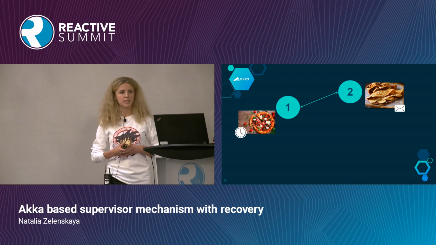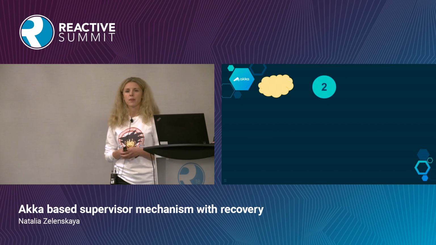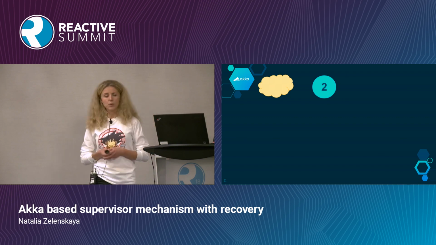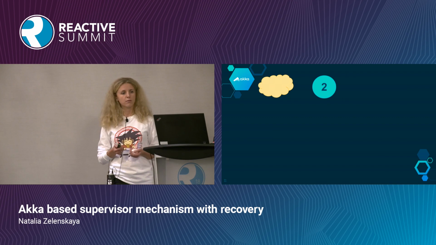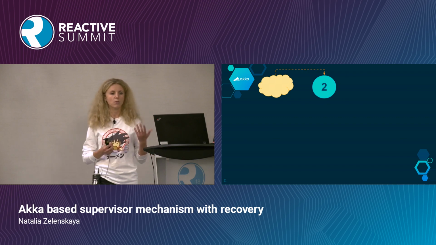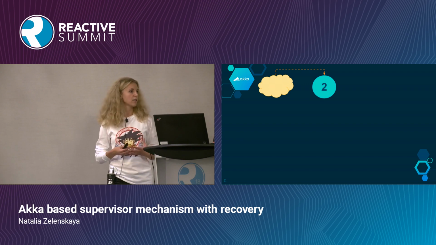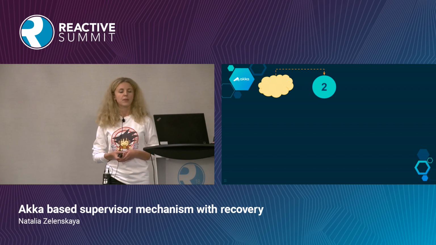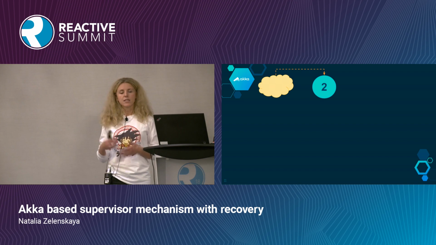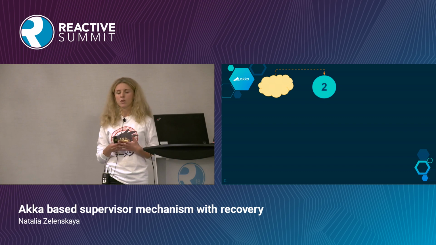And I will explain what it is using an example. Imagine we receive a request to put a new order from the upstream service. So node number 2 received it, and as we decided, we're going to create a stateful Akka actor representing our order. But once the actor is created, we're not going to reply immediately to the upstream service acknowledging that we have handled the request. What we're going to do is ensure the durability of our supervised actor.